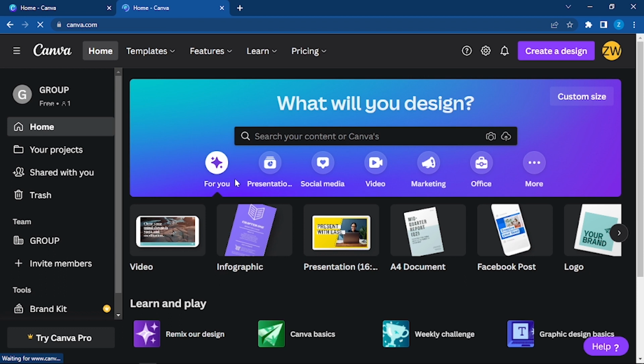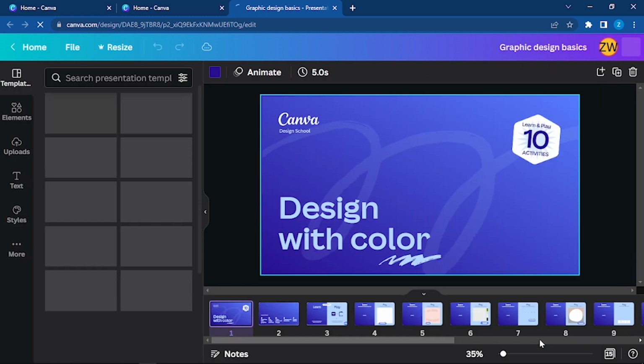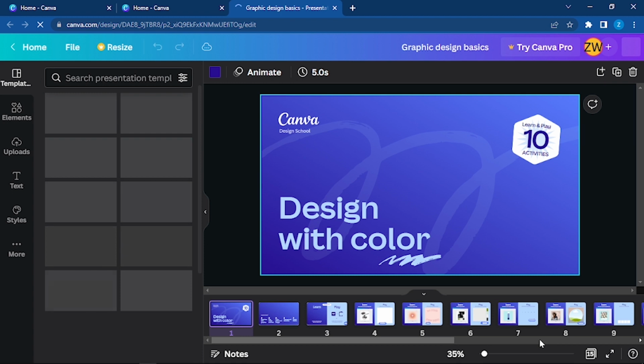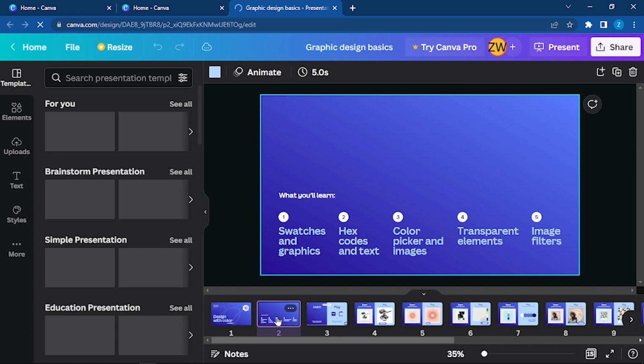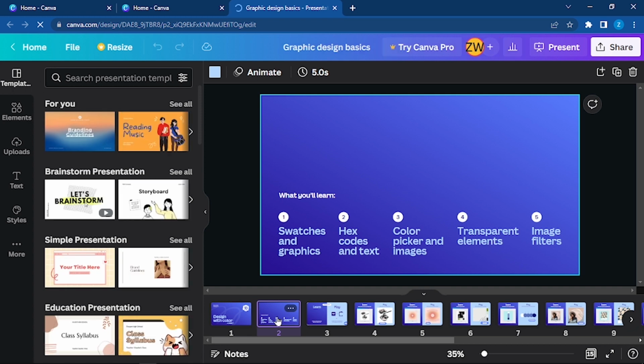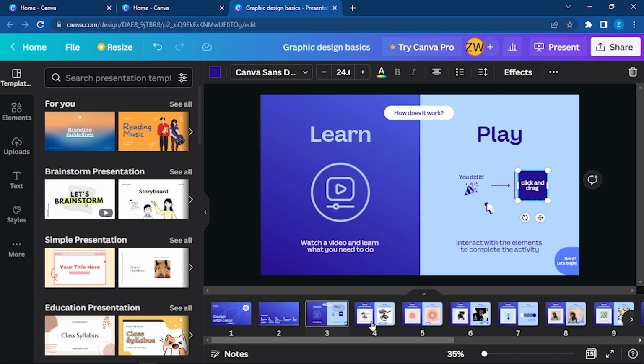After learning the Canva basics and remixing our designs, let's see the graphic design basics. Being a graphic design website, here we can learn about different graphic design basics. Similar to the previous slides, here we watch the video and learn. So what we will be learning here is swatches and graphics, hex codes and text, color pickers and images, transparent elements and image filters. Similarly, learn and play like the previous slides. Going to the other slide,